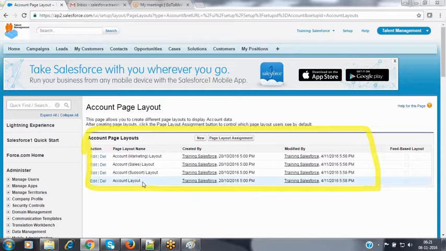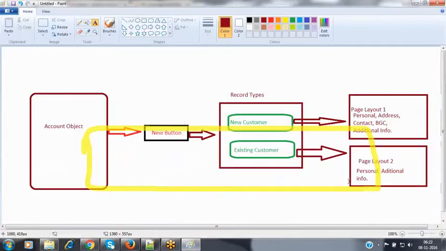So totally 4 page layouts are available for the account object, as we have already discussed. An object can have 1 or more page layouts. Now I want to create one more. Like here, I would like to use 2 page layouts right now: page layout 1 and page layout 2. One is for the new customer, the second one is for the existing customer.